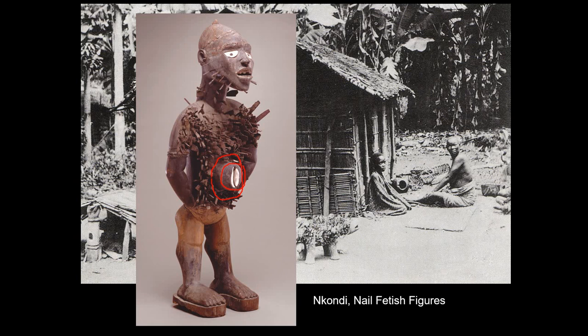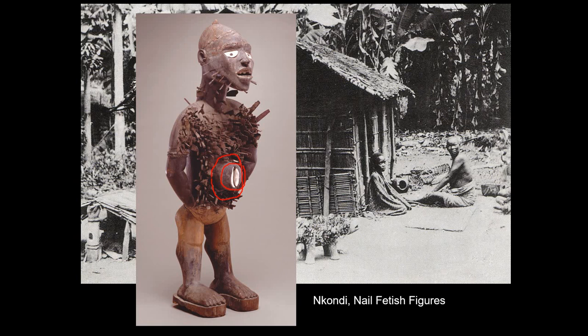If you wished to make a pledge or an oath with someone, you would come along and drive a nail or a blade and break it off in the figure. So the figure became a kind of witness to this contract or this business or this oath that you made. Another thing was if you had the feeling that you were under a curse, you would come in and drive a nail into it, break it off, and that way fix it to this figure.